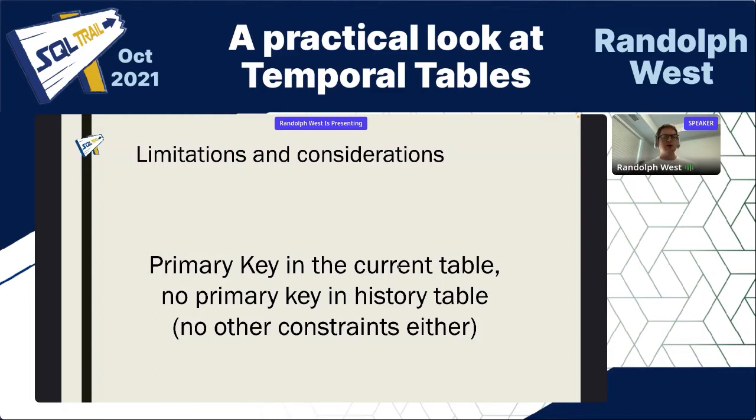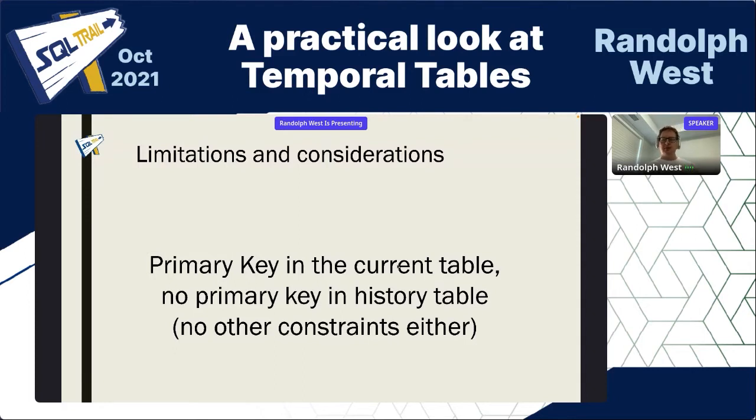And you might think, well, I'll do it on the date and time columns. Well, no, because some transactions could affect multiple rows at the same time, even across transactions. So it's never wise to do a unique constraint based on date and time. So what we're saying here is that the history table doesn't have any unique constraints, and for that matter, it cannot have foreign key constraints or anything like that either, because you might have duplicates, you might have rows in a different table that they would refer to that get changed for whatever reason,